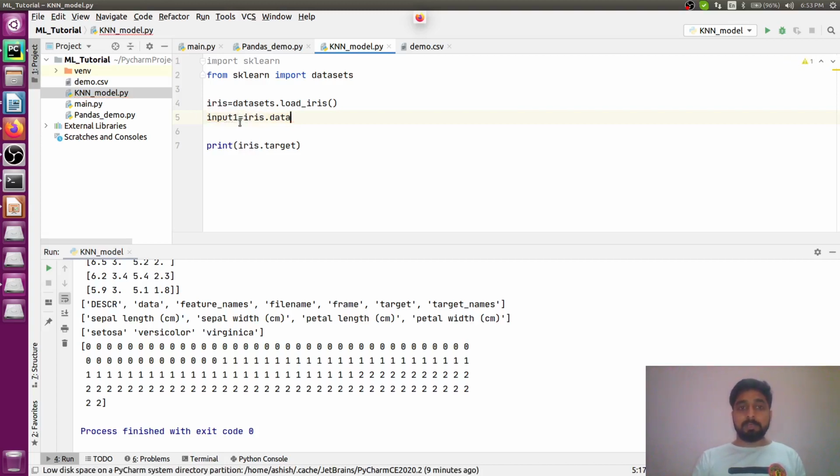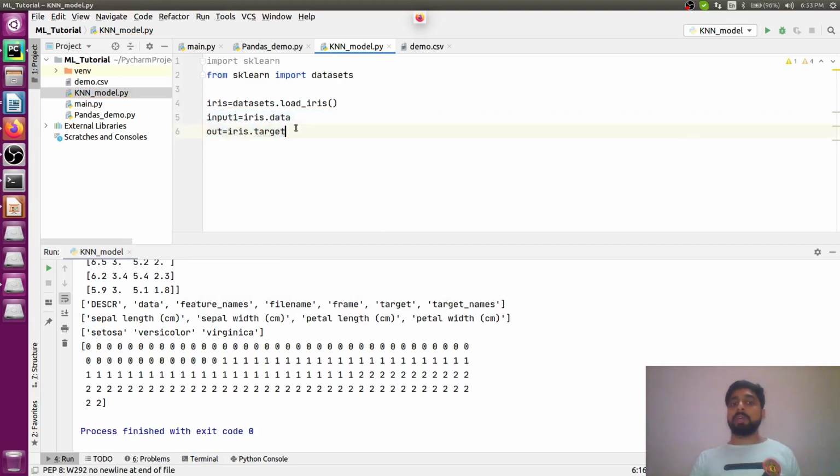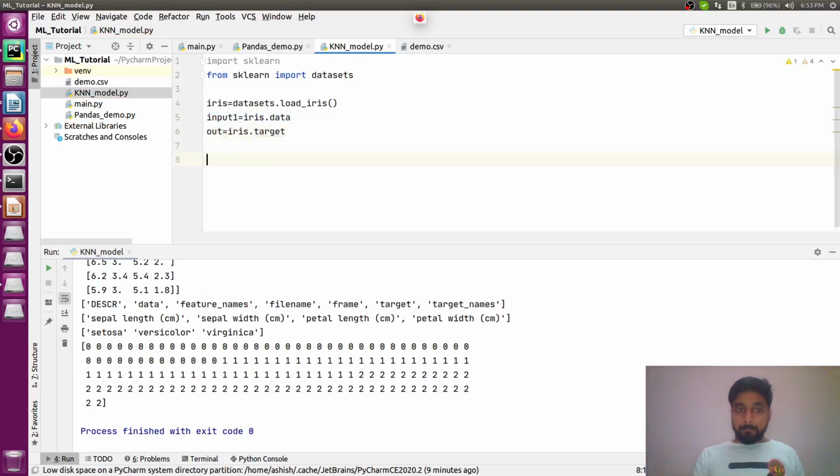So this is the input for me, and this is the output for me, right? I'm having the input, I'm having the output, I'm having both the values, and I have to use this data to categorize whether it will be able to classify the values or not, right? And for the classification purpose, what exactly we require is the model that we will be using for the training and the predicting of these values, right?